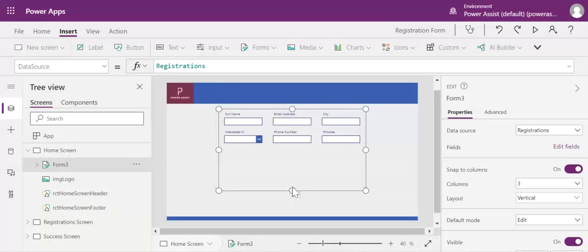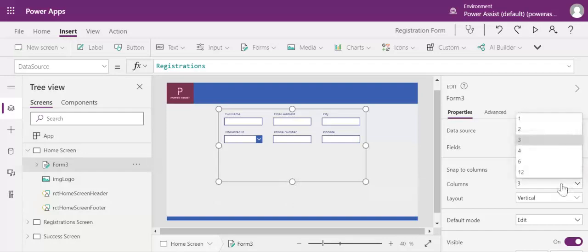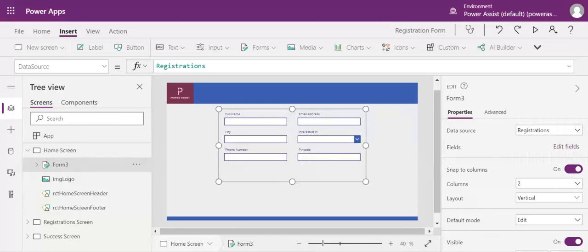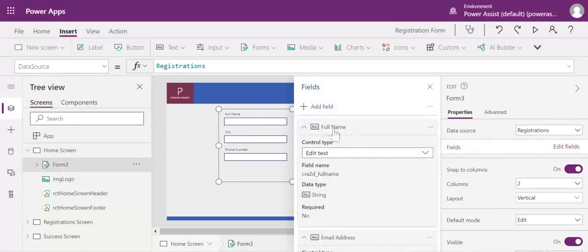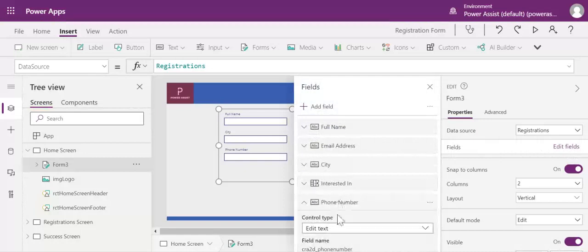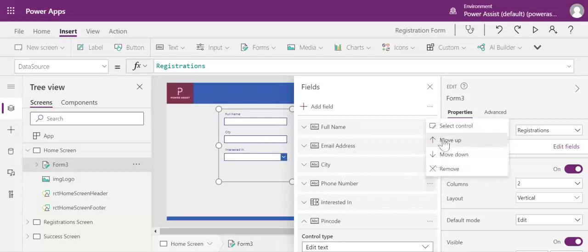And to have a better UI, I am going to select the number of columns as 2. And I am going to change the view. So I am going to move the phone number up.